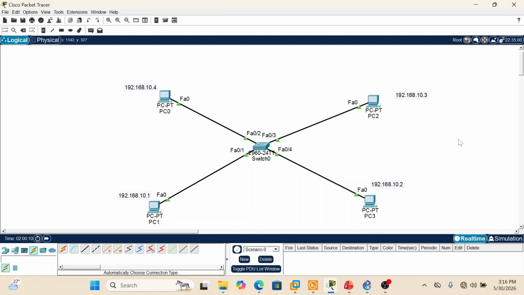then inayotakiwa kumfikia sasa, before kabla haijawa flooded, itaangalia kama inayo MAC address ya hiyo device kwenye MAC address table yake, basi ita forward direct. Kama haina MAC address ya hiyo targeted device, so for the first time itatengeneza hiyo ARP message, then itakuwa forwarded to all network devices ili kuweza kuassociate meaning the IP address to the MAC address of that device,